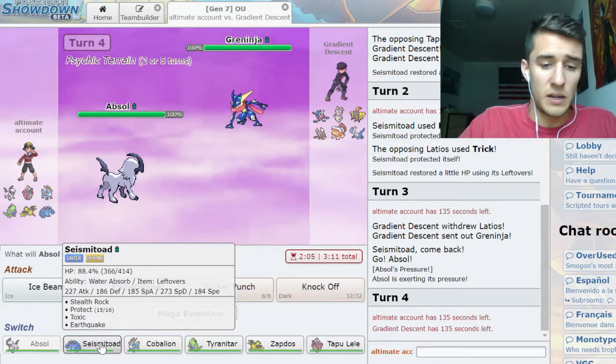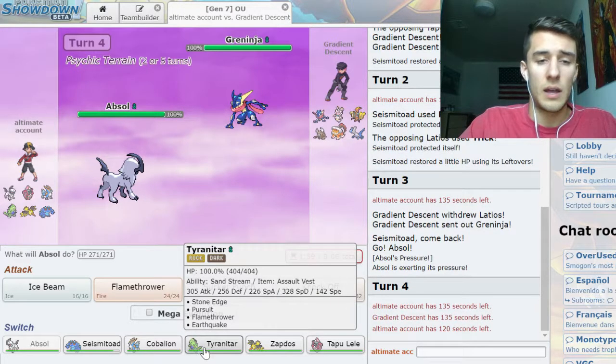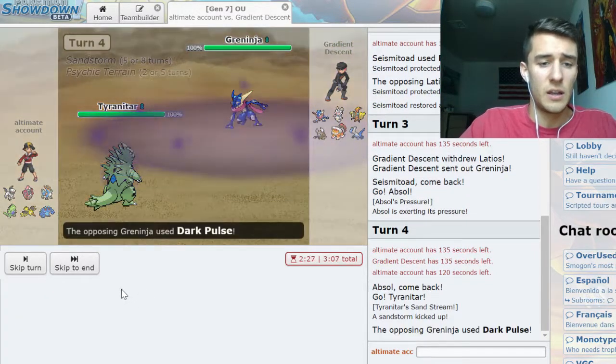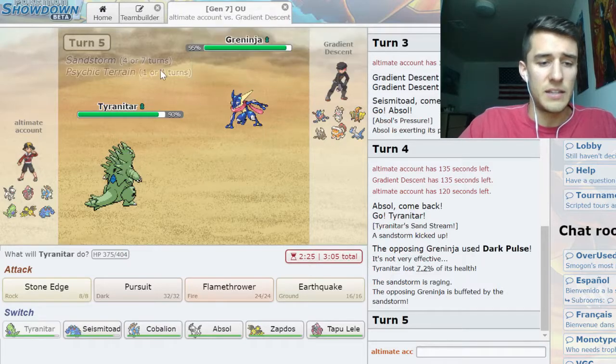He might predict my Seismitoad and go for a Dark Pulse though. I can go Tyranitar and Pursuit Trap him out maybe, or yeah, I don't think he goes for Water Move because I have a Seismitoad. I think he goes for Dark Pulse here. Yep, goes for Dark Pulse. I take no damage from that, and I want to...